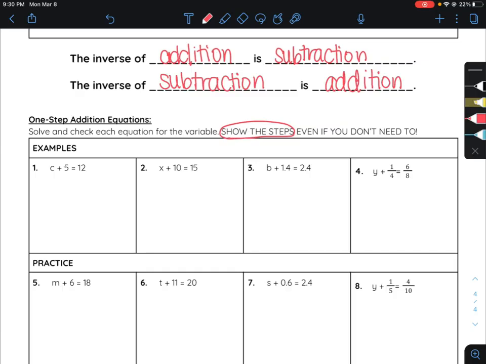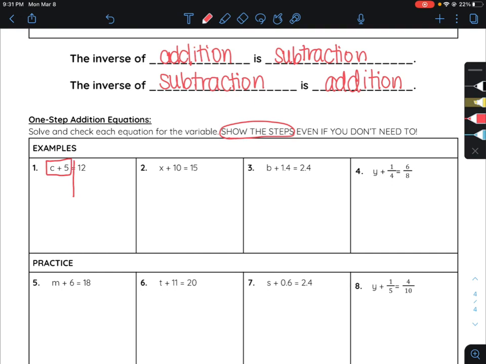So if we look at number 1, we might be able to guess C plus 5 equals 12. Well, C probably has to be 7 because 7 plus 5 equals 12. But what we want to do is show the steps, prove that that's what C is equal to. So my first step is always to draw a line down through the equal sign to show the two sides, and then I look for the variable. So I see it here, it's the letter C, and I look and see what's happening to it. And what I see happening to the C is a